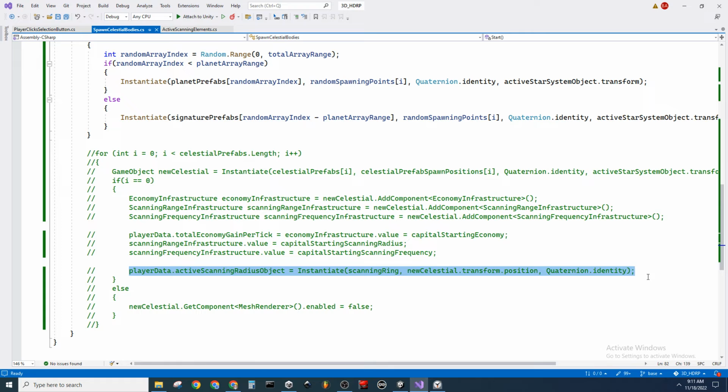That's more of a design thing. So for now, if I can make it easy and just have any potential planet be the starting planet, even a gas giant. And if I don't like that, then